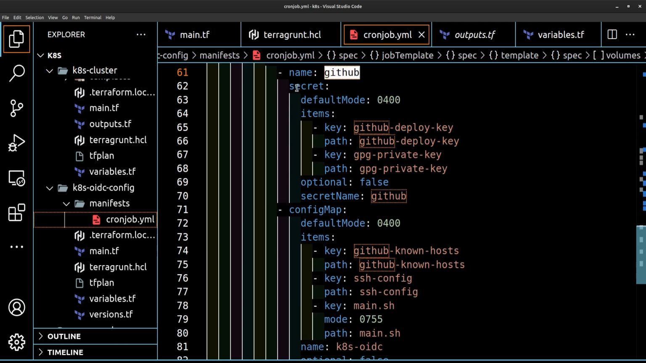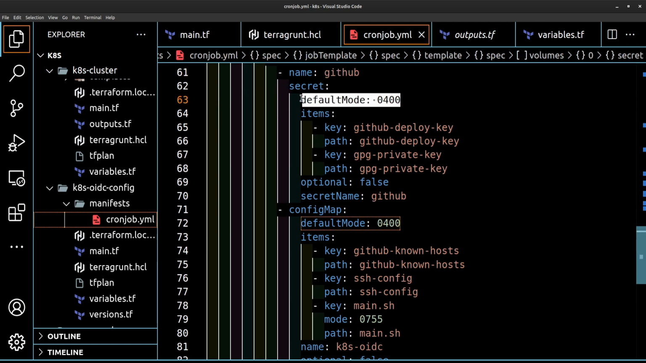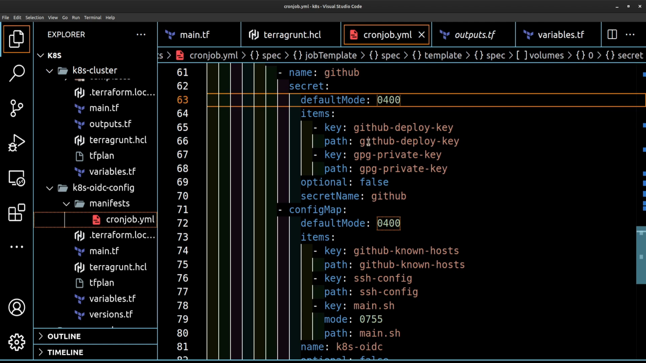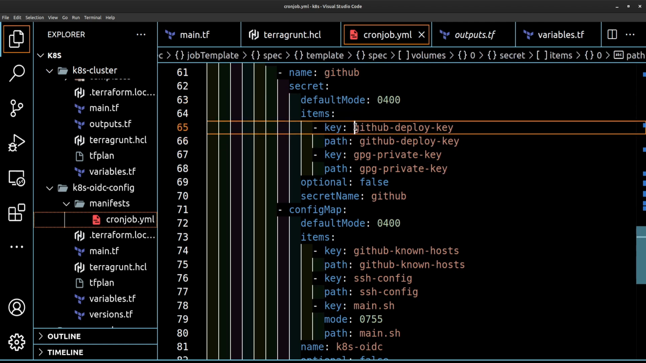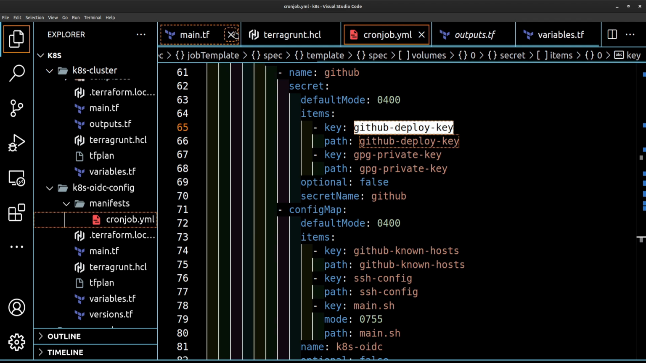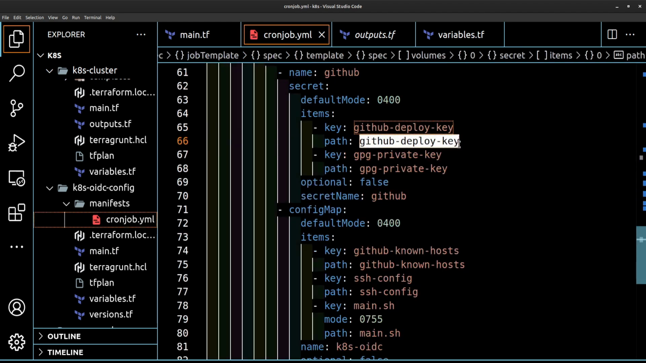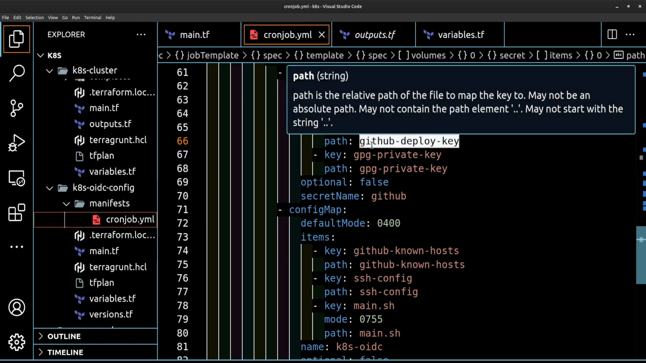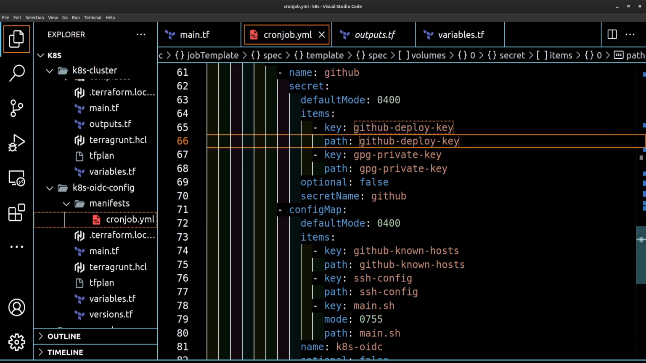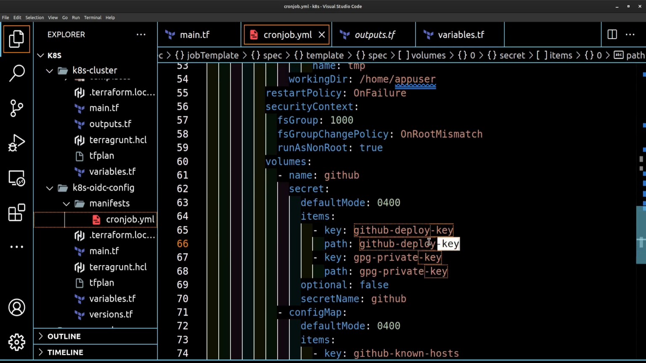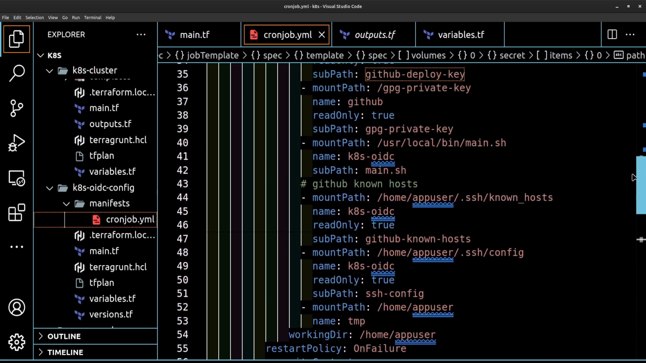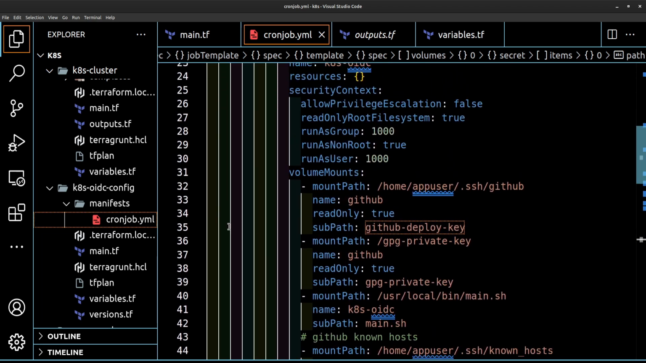So the GitHub is a secret, and the default mode, as you can see, is 400. I want this to be read-only, but the key and the path. So the key is the one that I'm passing from here. This is the key from inside the secret. The path is the path that volume mount will pick up. So this second path, which is going to be for me exactly the same, but if I come up, this right here, line 66 on this file, is going to be used exactly as you see in the subpath, line 35,